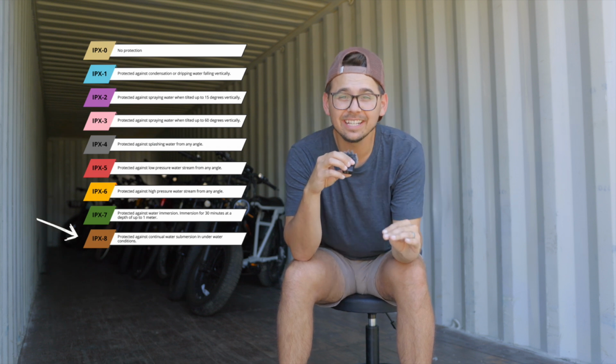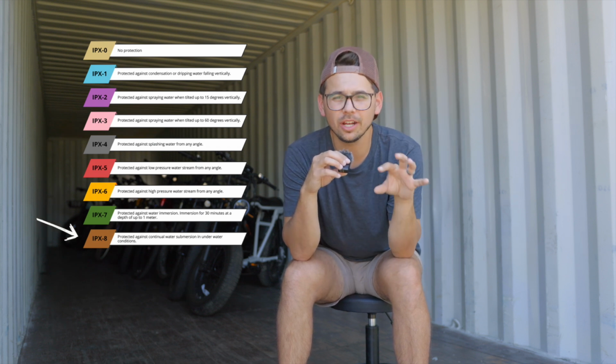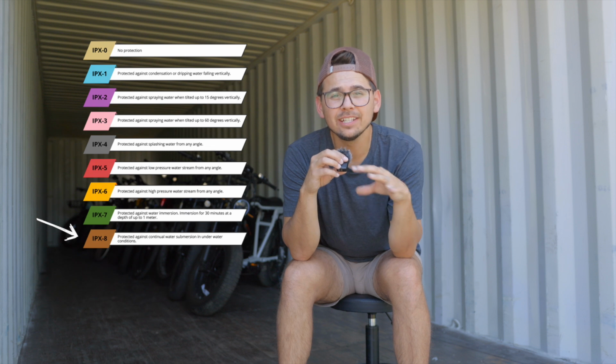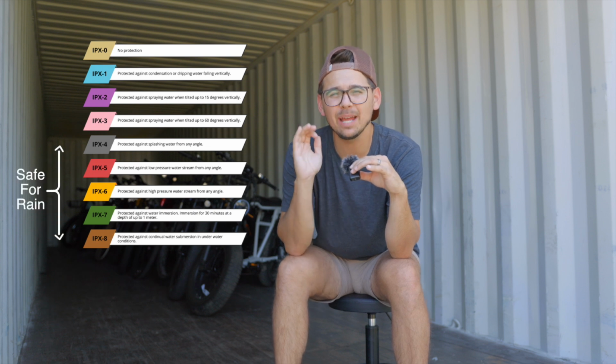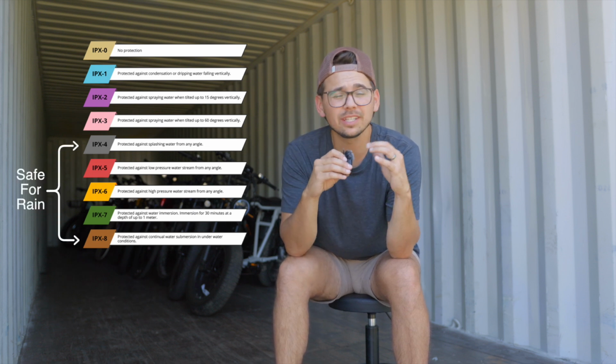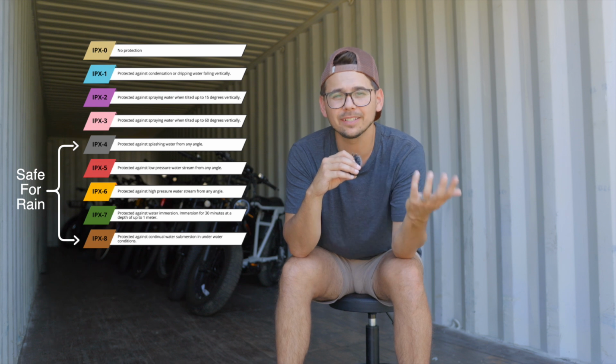So the IPX rating scale goes from IPX 0, which is no protection at all from water, all the way to IPX 8, which is fully waterproof. You can submerge it underwater and it's gonna be fine. So I feel like if you're gonna ride your e-bike out in the rain and for it to be okay, it needs to be at least an IPX 4 rating, which can withstand some splashing from all different angles and